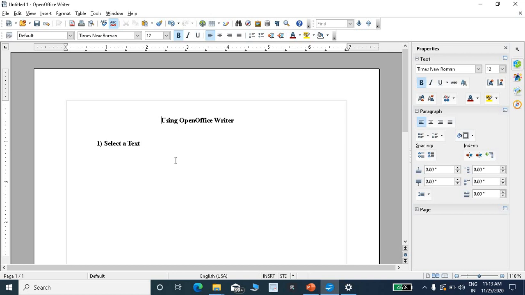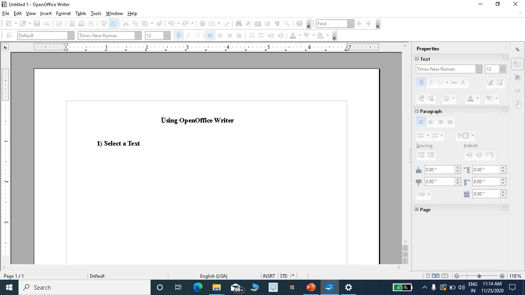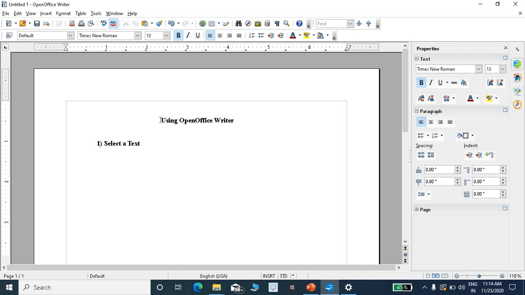First of all, move your mouse cursor to the starting point of the particular text, and then hold the left click button and drag over the particular text. See, the selected text will be highlighted.